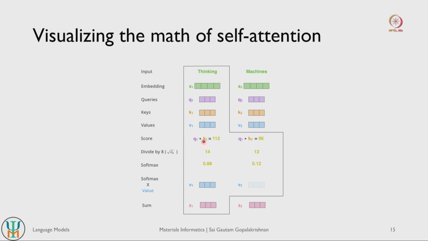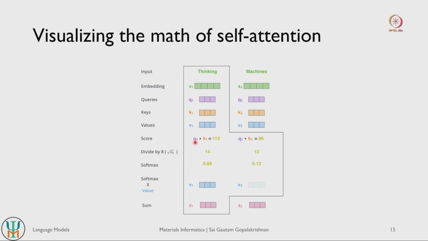You multiply the query and key, you get a certain value, you then scale it and put it through a softmax function, which should give it a value between 0 and 1, and then softmax is multiplied with your value matrix. This should give you two values: the value for thinking with itself, and the value of thinking with machines, with the adjacent word. You then sum the two values to get the final representation of thinking. So this is the representation with attention of thinking, and if you do the same process for machines you get Z2 for machines.